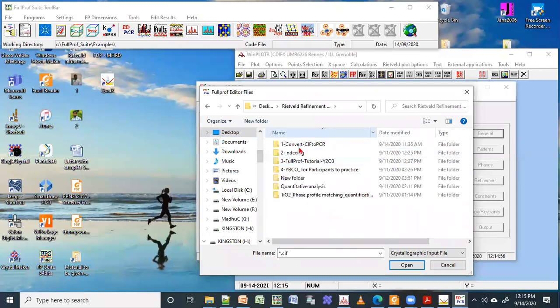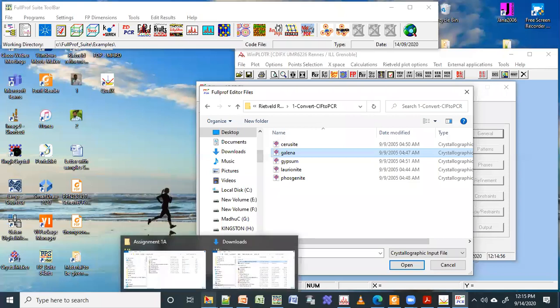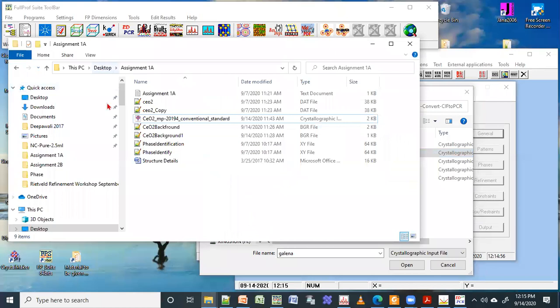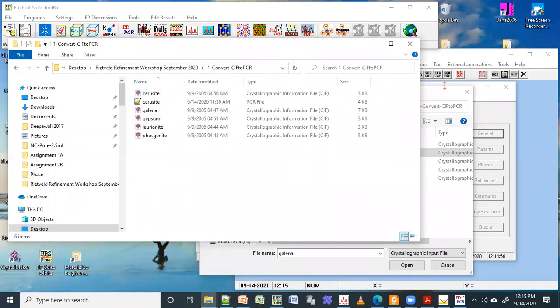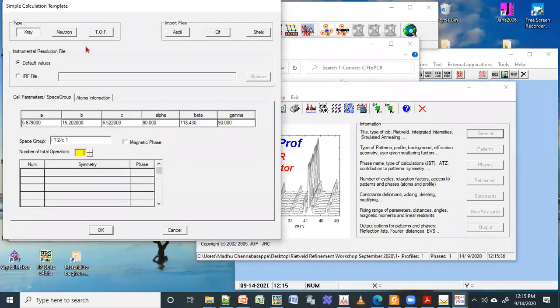So I will take the gypsum PCR. I will just open this gypsum file and it will ask what kind of radiation it was, X-ray radiation or neutron radiation.